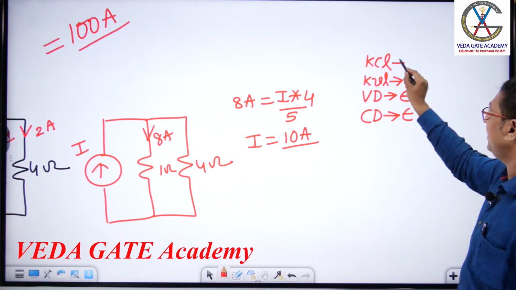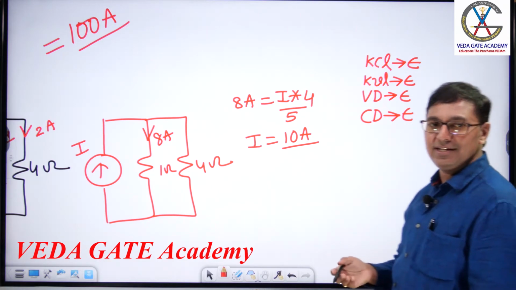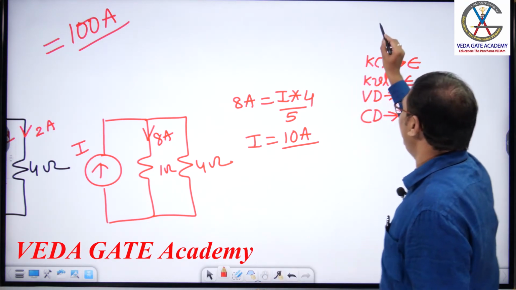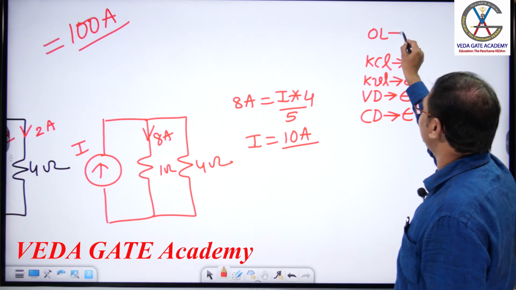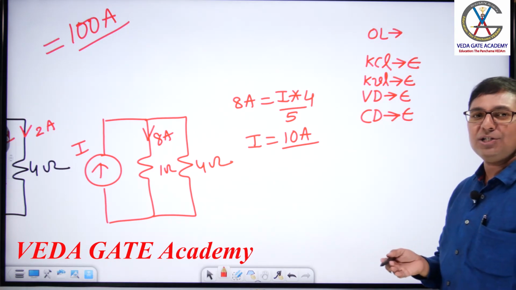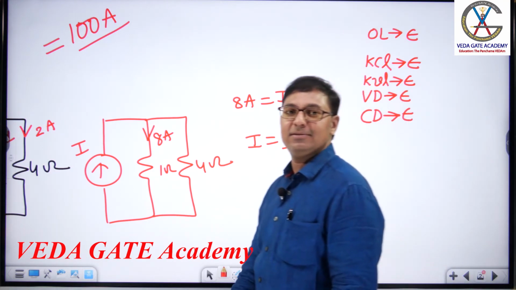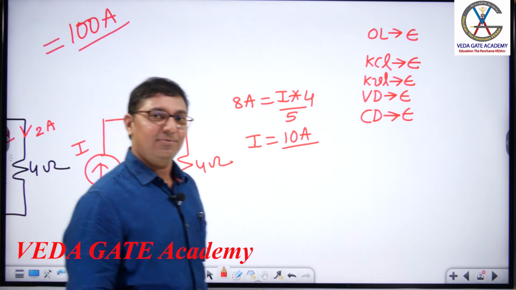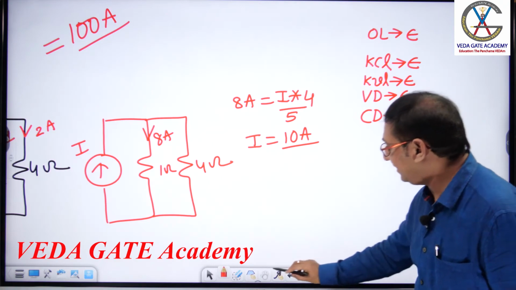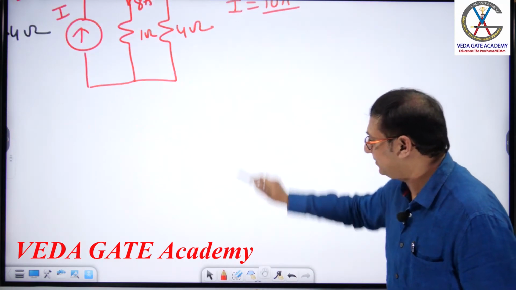KCL discussed, easy or difficult, sir? Again, it's additions, easy. Tell me please, Ohm's law which we have discussed, easy or difficult? I equals V by R, V equals IR, easy. Easy, sir. Fine. Tell me please, in the entire network subject, what do we calculate?